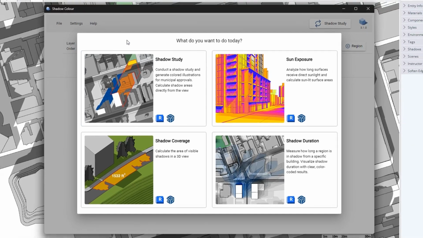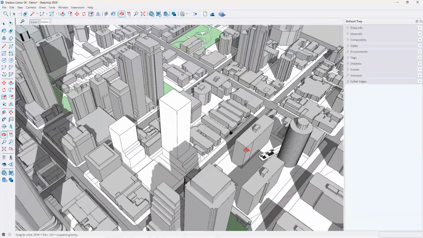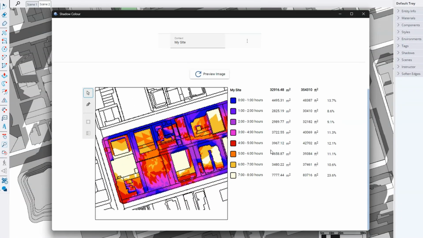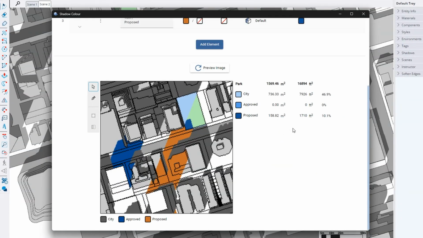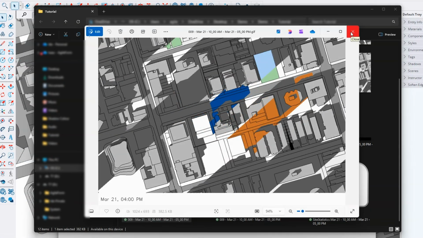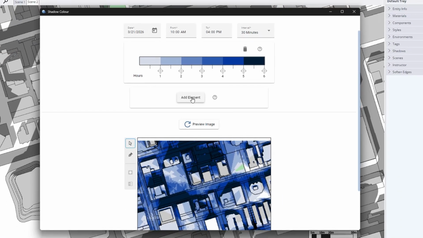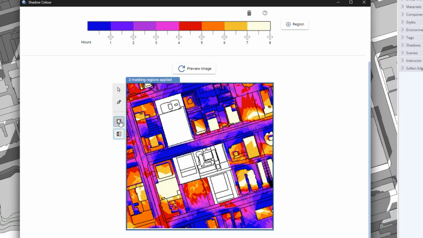Shadow Colour works inside your SketchUp model, allowing you to evaluate shadow impact, analyze sun exposure, and generate clear, color-coded study illustrations. We'll go through the main study types, key features, and typical workflows for creating comprehensive shadow and sun